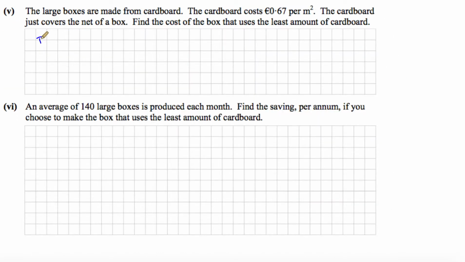So box B, 10,704 centimeters squared. That's the surface area. So we have to find the cost of the box. So the box is 67 cent per meter squared. So the first thing we have to do is convert, because this is centimeter squared, we need to convert this to meter squared. Now you have to be careful with this conversion,